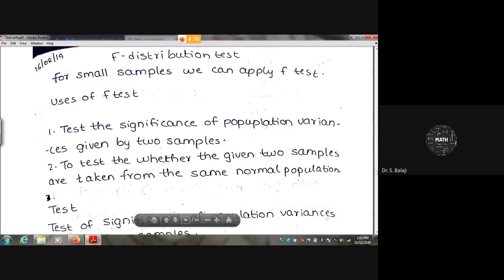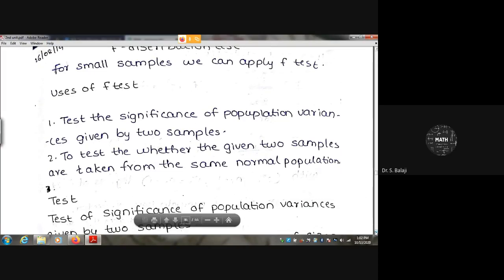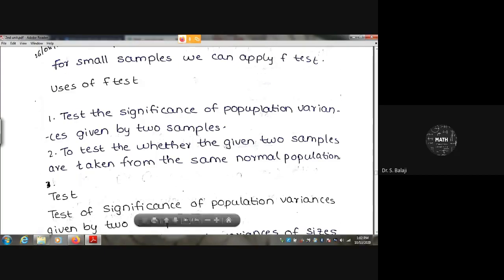Today we'll discuss the F distribution. Previously we have seen the t distribution and related ideas, related to tests of significance of the difference between two sample proportions, as well as sample proportion and population proportion. Today we will move on to the F distribution.